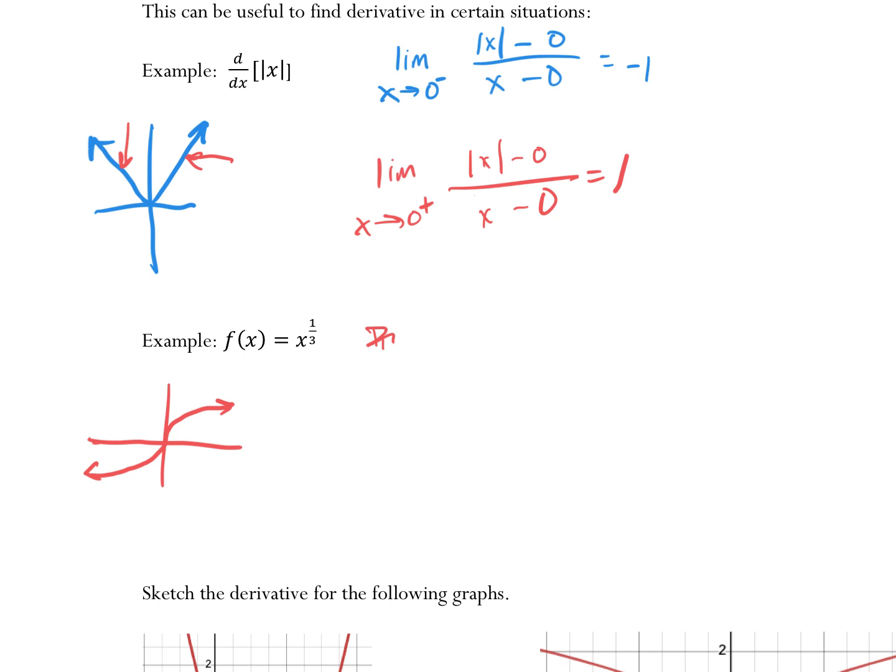So what is the derivative? Where do we have weirdness in our tangent line? What would you say? X equals 0. So we're going to say, well, what happens as I approach 0 from the left of x to the 1/3 minus f of 0, which would just be 0, over x minus 0. What am I going to get? Like a negative tiny number